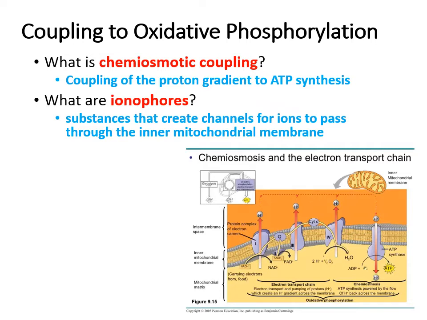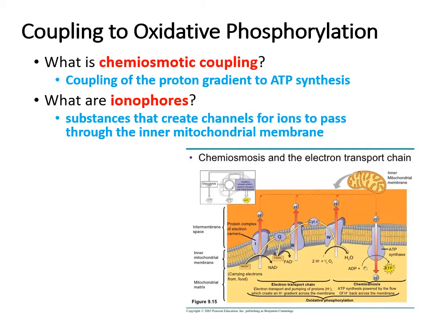And so the term that you see on this slide, ionophores, those are substances that will create channels for ions to pass through that mitochondrial membrane. And the uncouplers that we mentioned in the previous slide, antibiotics like gramicidin A and valinomycin, they are examples of ionophores. Okay,